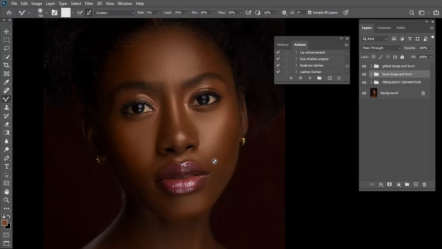I believe you understand what I meant, but it's very important to apply local and global dodge and